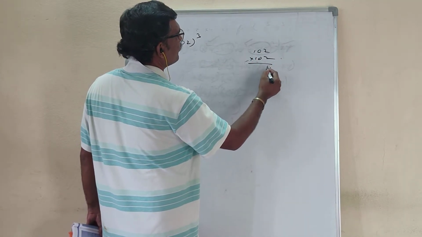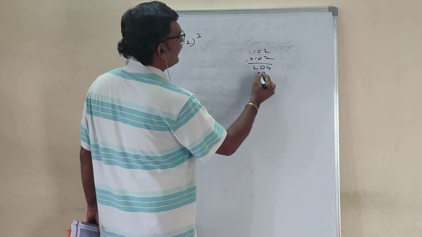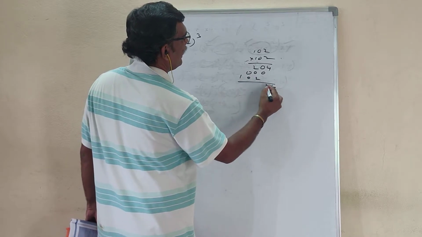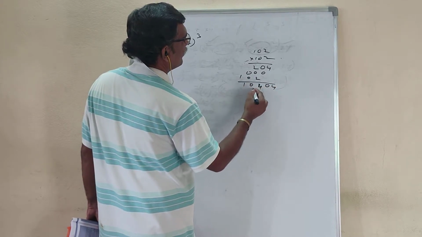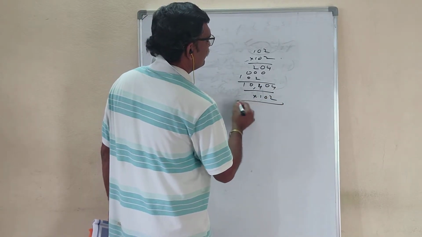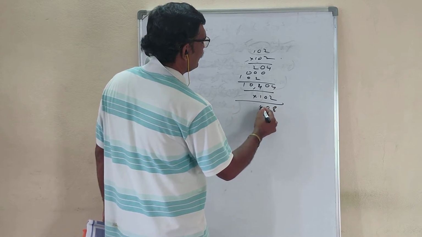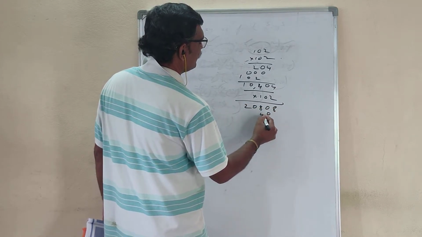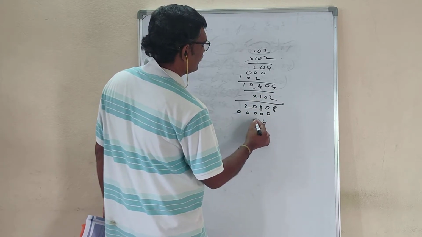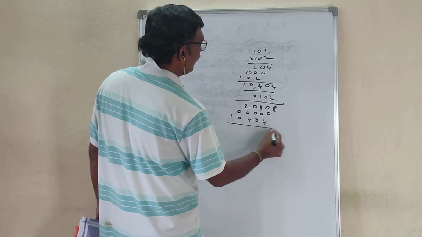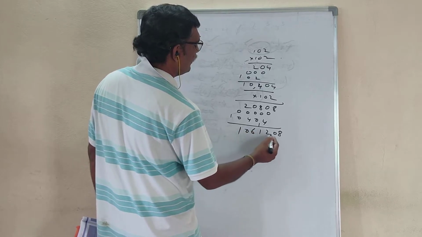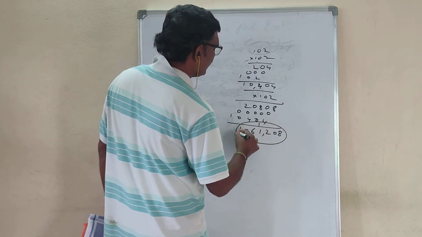They will do multiplication. 2 2s are 4, 0, 2 1s are 2. Again 0, 0, 0, 2, 0, 1. And they will add here. So you got something like this. Again into 102 they will do. 2 4s are 8, 0, 2 4s are 8, 0, 2, 0, 0, 0, 0, 0. Again 1, 4, 0, 4, 0, 1. So 8, 0, 12, 2, 1, 1, 6, 0, 1. So you are getting some answer like this.